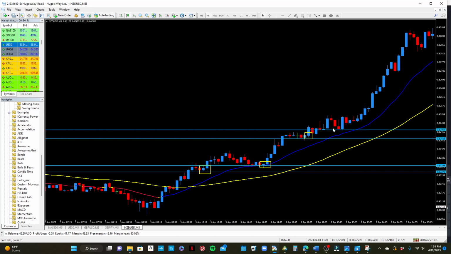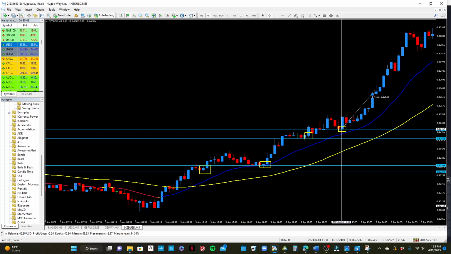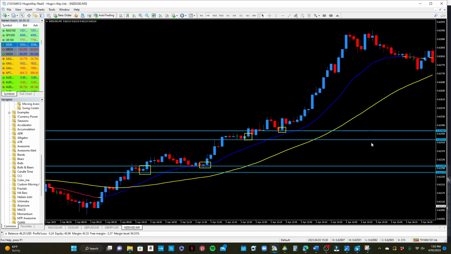I'm waiting for this candle to close on or above the 50 moving average. So between here and here, I'm going to get back in the trade. Once I get in here, I'm going to ride this sucker all the way up. And now as you see me ride it all the way up, because that one red candle here,